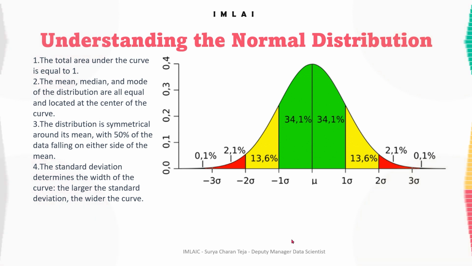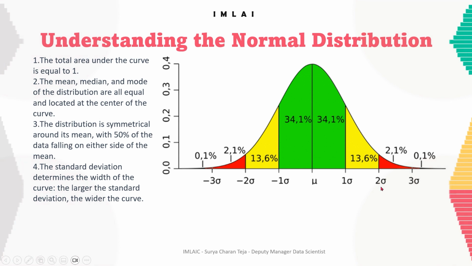The normal distribution is particularly useful because it has many properties that make it easy to work with mathematically. It's fully characterized by just two parameters. One is its mean, that you can see on the screen, here. And the second one is the standard deviation, that you can see here.